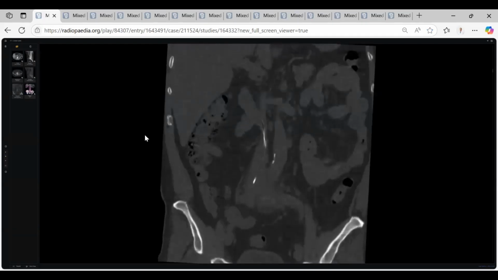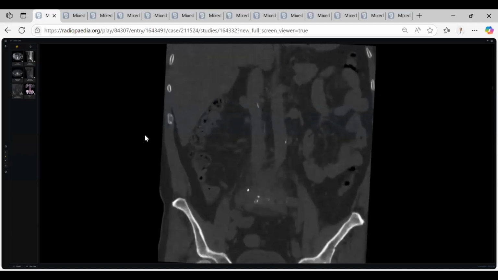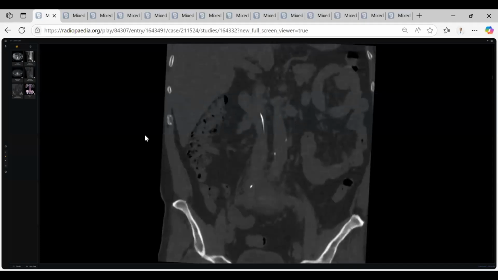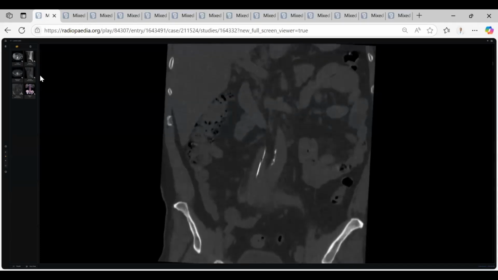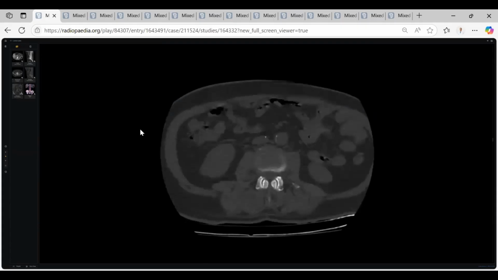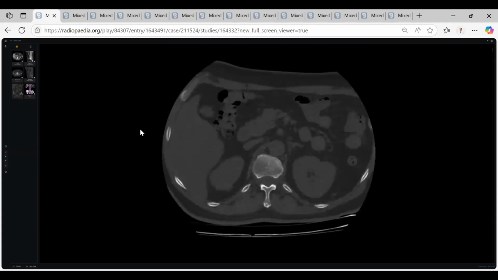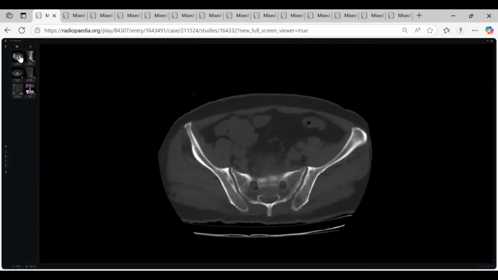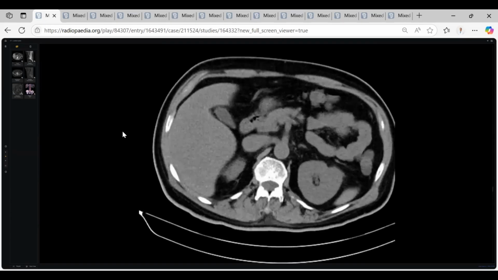Sir, what is this? Is there some thrombosis or no? Sir, there's a calcification. Okay, sir. This cement is seen to be in thrombose within the IVC, then the right atrium, and then the